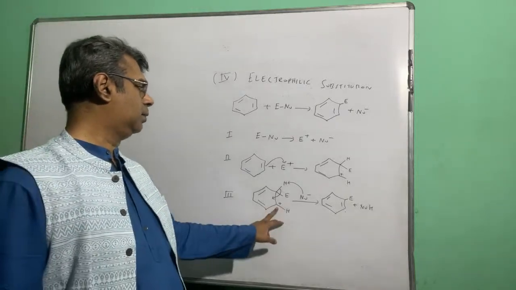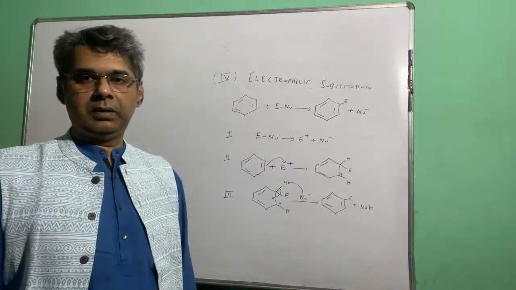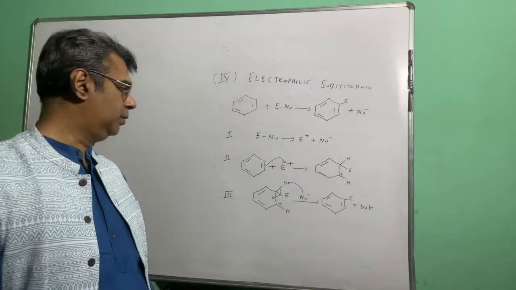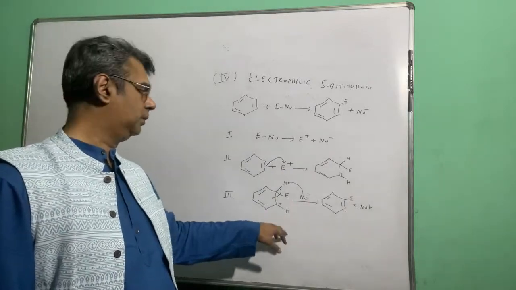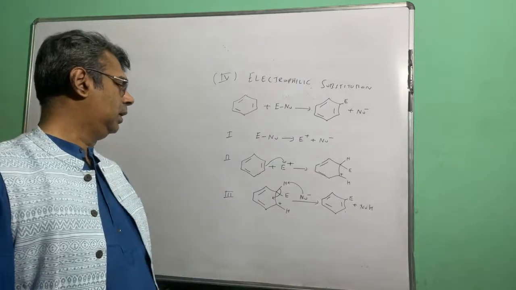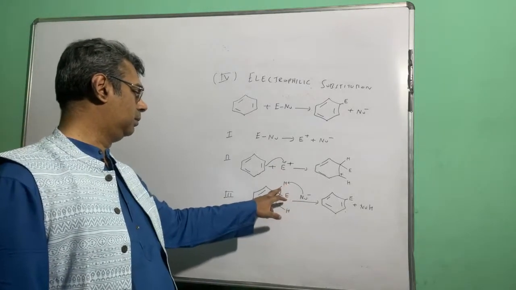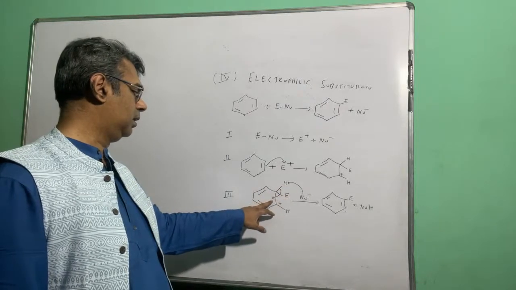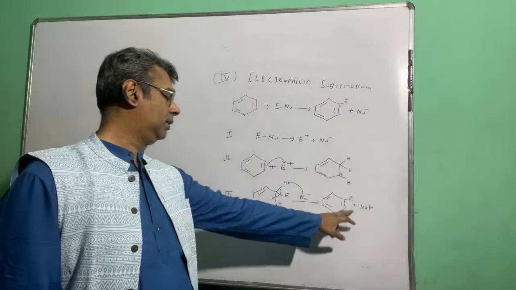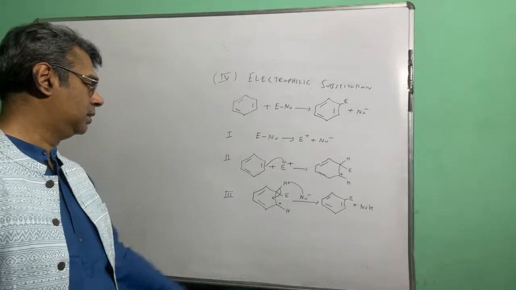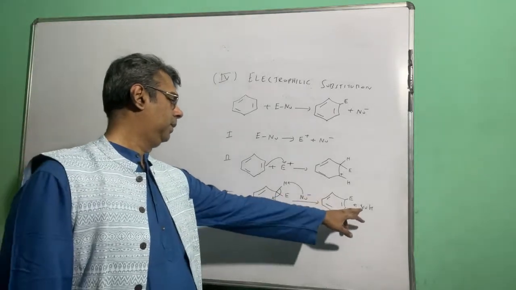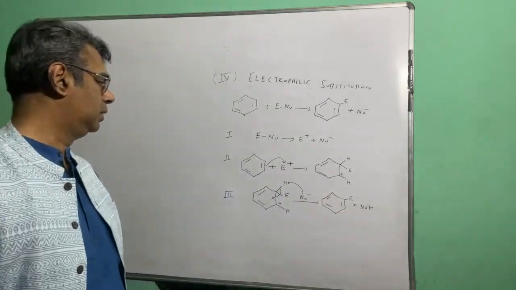Now because it is a carbocation, the negative part of the reagent, the nucleophilic part, Nu minus, will now come into the picture. So it will attack the hydrogen, and when it attacks the hydrogen, the electrons of the bond over here will come inside. So you will have the electrophile attached like this, there will be a bond over here, plus NuH. So this is the